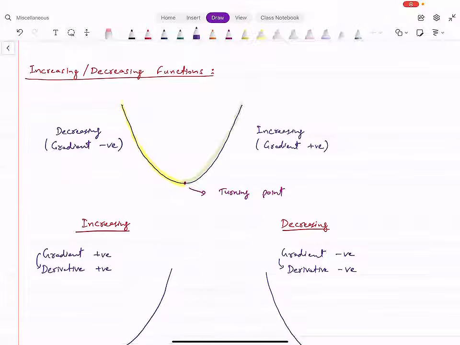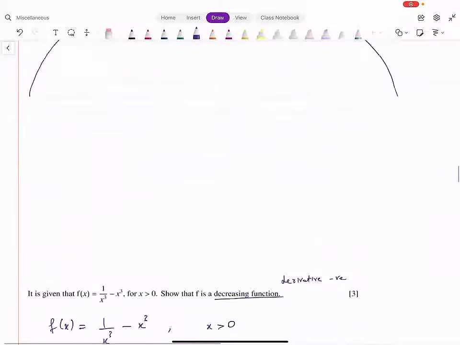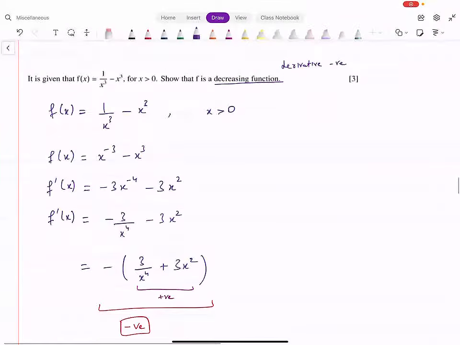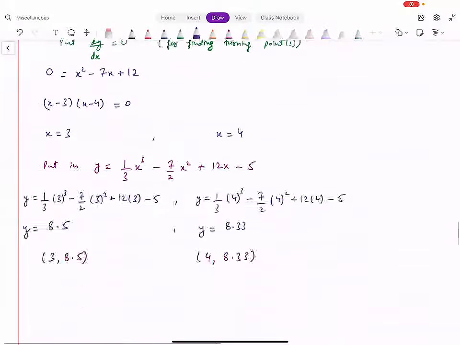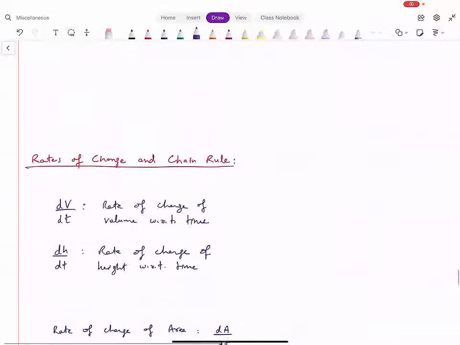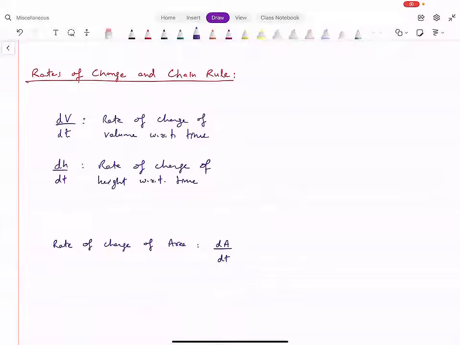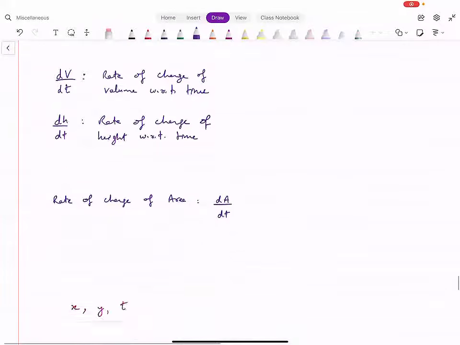इंक्रीजिंग डिक्रीजिंग फंक्शंस क्या होते हैं, कैसे प्रूव करते हैं कि फंक्शन इंक्रीजिंग है डिक्रीजिंग है, या उसने दिया हो तो उसको यूज करके आप किस तरह से कोई अननोन्स फाइंड कर सकते हो, ये प्रोसेस आना चाहिए। स्टेशनरी पॉइंट्स कैसे फाइंड करते हैं, उनकी नेचर कैसे फाइंड करते हैं, with the maximum and minimum using the first derivative and the second derivative, ये प्रोसेस आपको पता होना चाहिए।